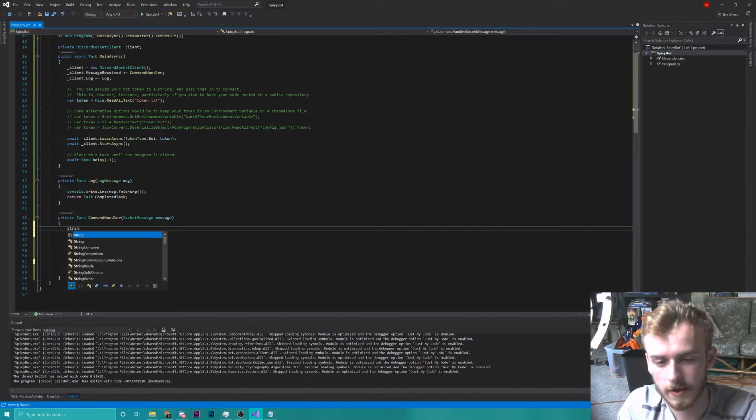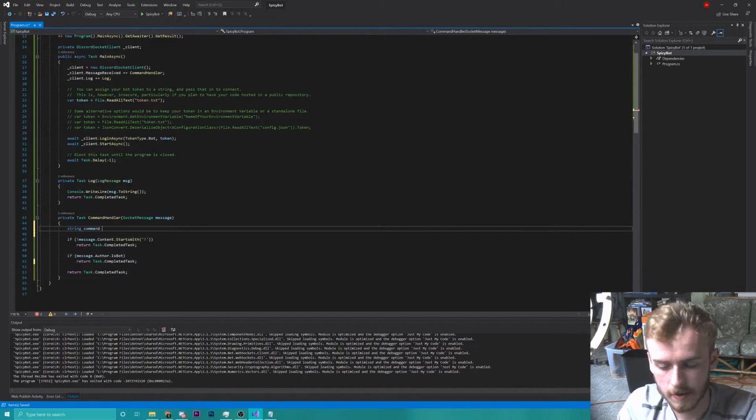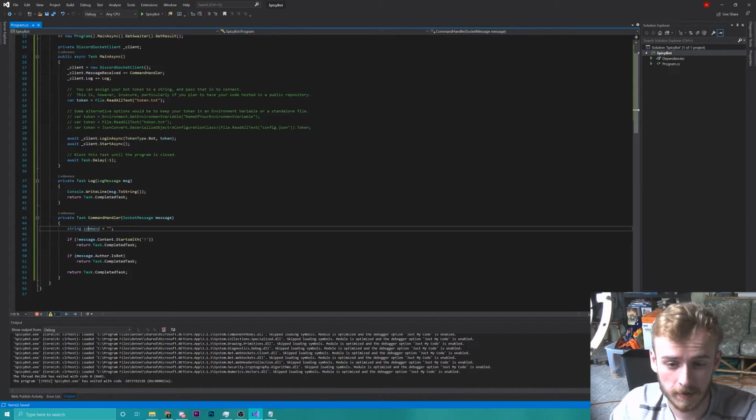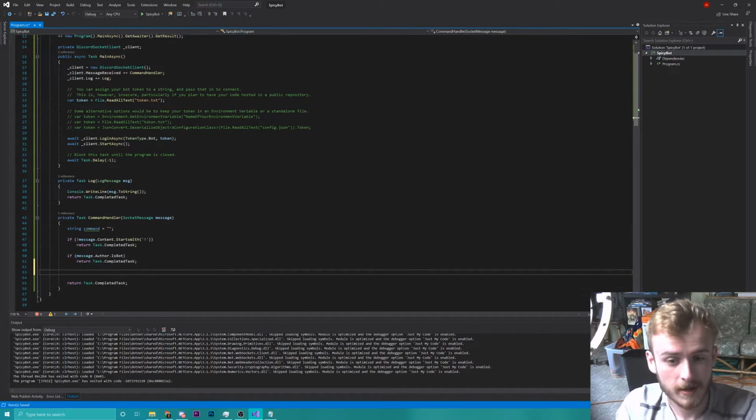So let's define our variables real quick, and I'm going to define the command as that for the moment. Basically what we're going to do is take our message here and pull out the command part. We don't want the exclamation point. We just want to figure out what the first bit of text is. So down here, after we've done the filtering out of the command and stuff,